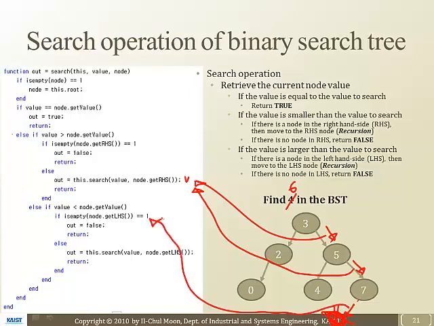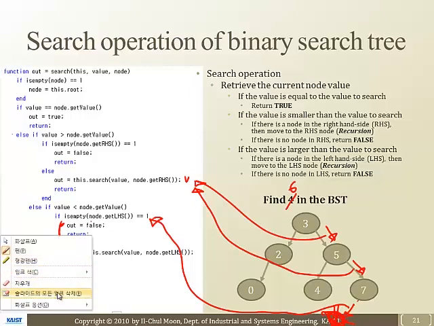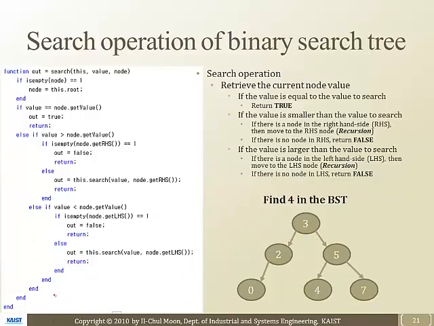This can be checked. The left hand side of 7 is empty of nodes. It's actually true. That means the search operation actually failed, right? So this is how you navigate through this binary search tree to find out whether a certain value is there or not, right? Okay. Right. So let's move on. Before that, finding 4 is actually this root of this passage,